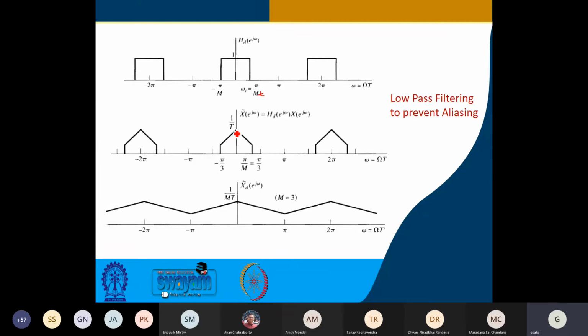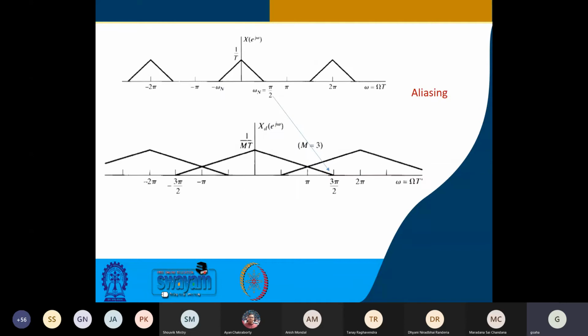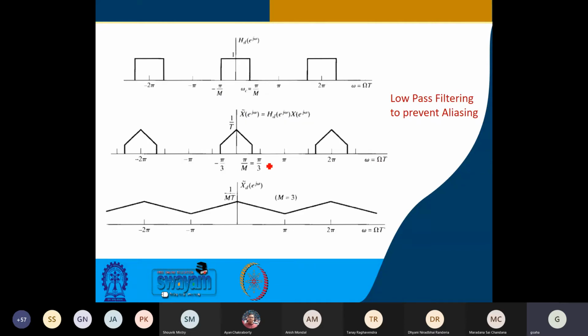So in that case, if your original signal was like this, after this low pass filtering, this part will be removed. Okay, definitely there is loss of information, but if you can manage with that, because your main useful information is lying in this domain, then there is no issue. So in the previous case, wherever we saw that aliasing is happening, you make the cutoff pi by 3, because M was 3, and accordingly you design this low pass filter.